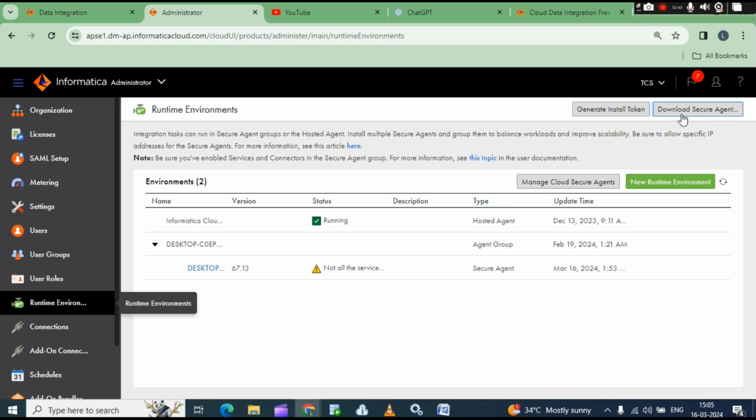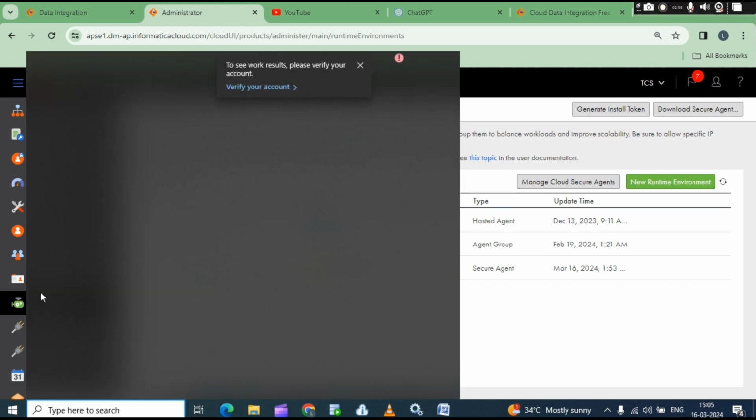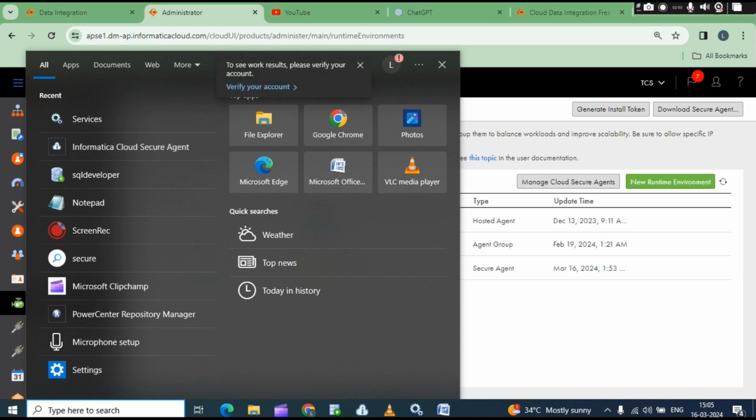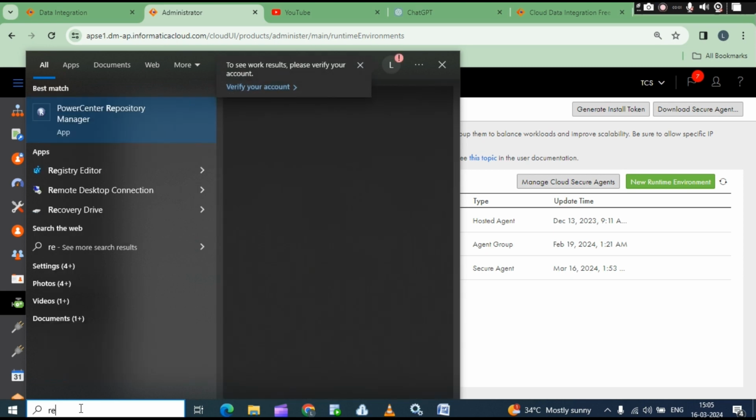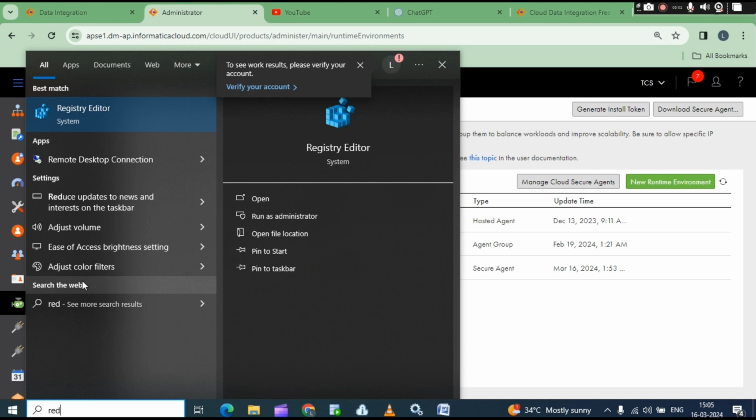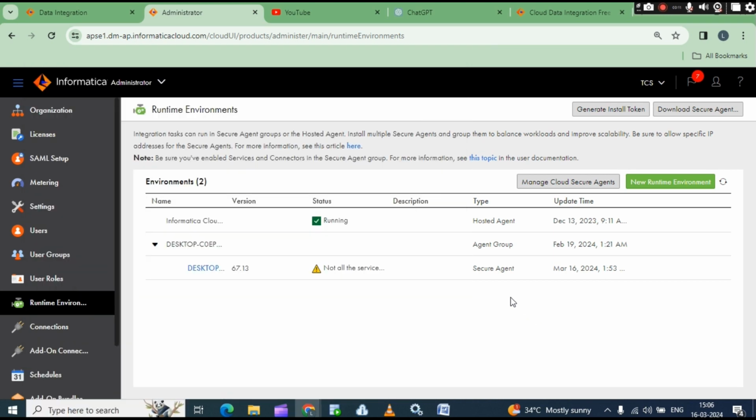So in IICS, the only application we have to download is the secure agent. But in PowerCenter, we need to download all those things like Repository Manager, Designer, Workflow Manager, Workflow Monitor, and the client and server also. In IICS no need to download all those things; just download the secure agent and log in